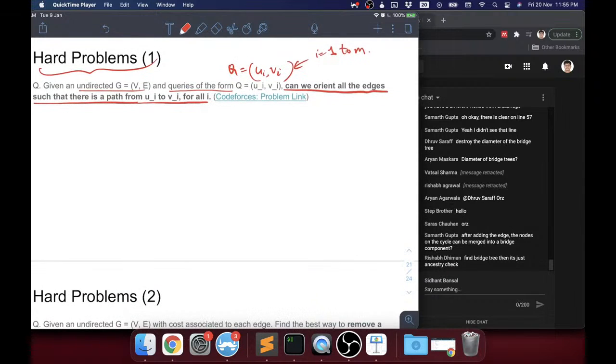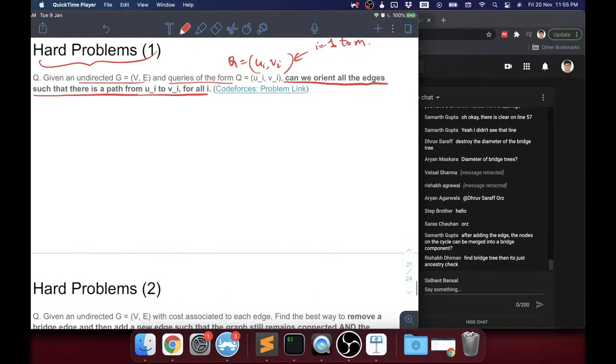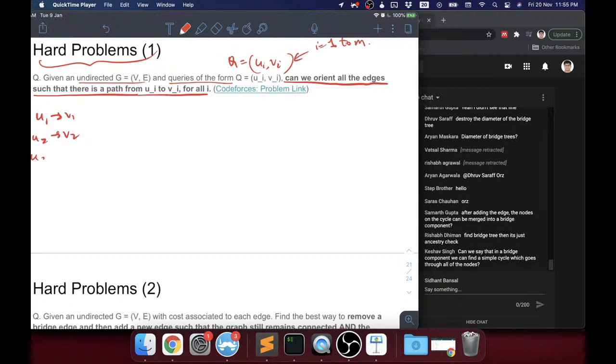Okay, so for this one, what's the question? You're given some queries. So let's say there's this query U1 to V1, there's a query U2 to V2, and there is a query, let's say U3 to V3. Let's say you have 3 queries. What it means is, you want to